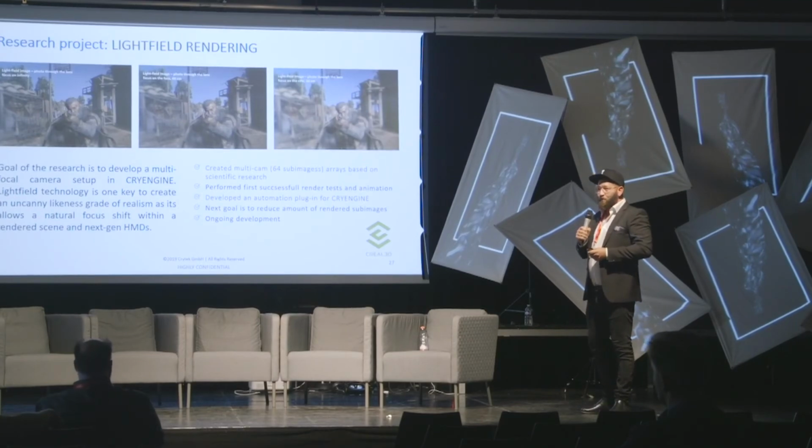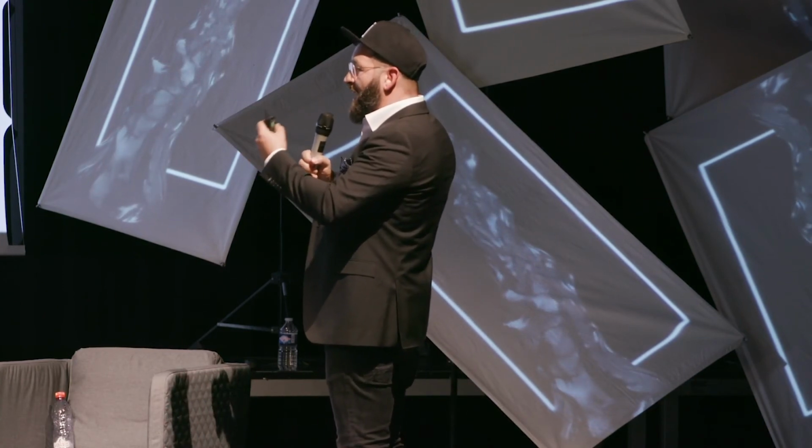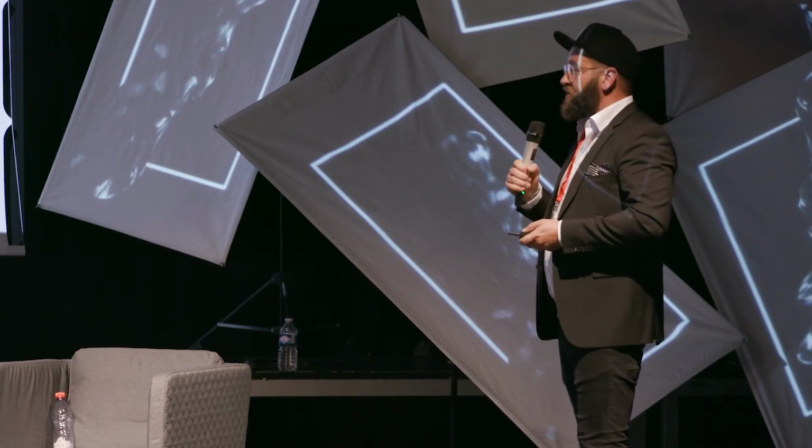So what this means for you, when you're looking at an image, you will experience a natural focus shift, which was never explored before in any kind of this medium. So in my opinion, this will change a lot. And I also can tell that,